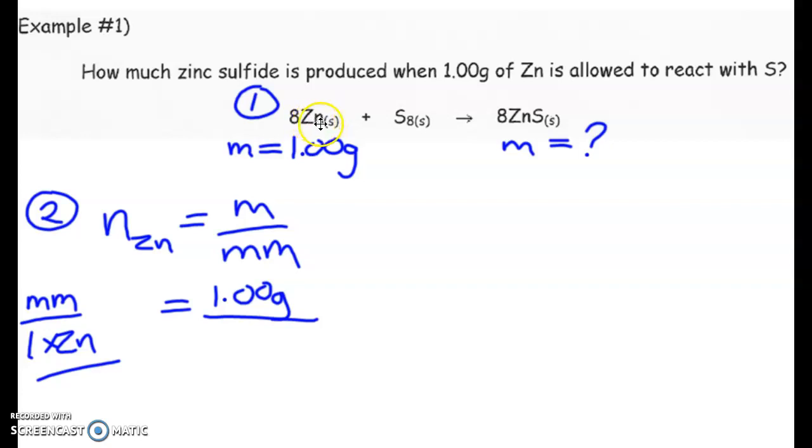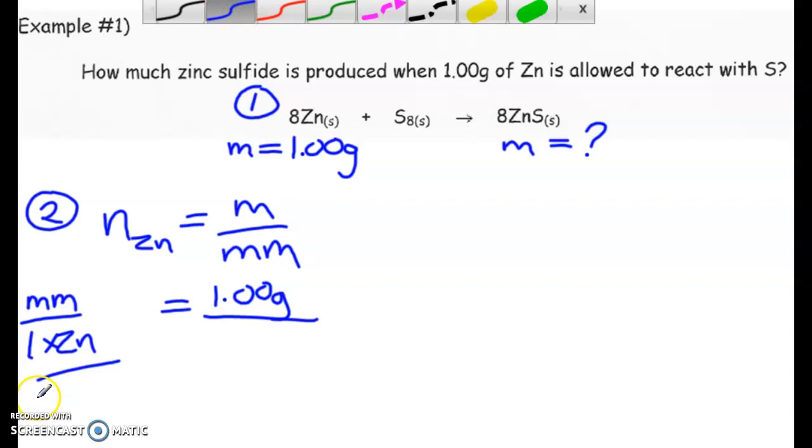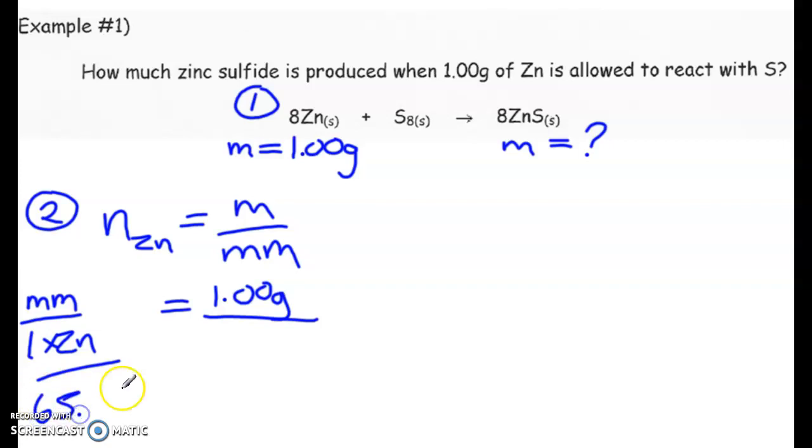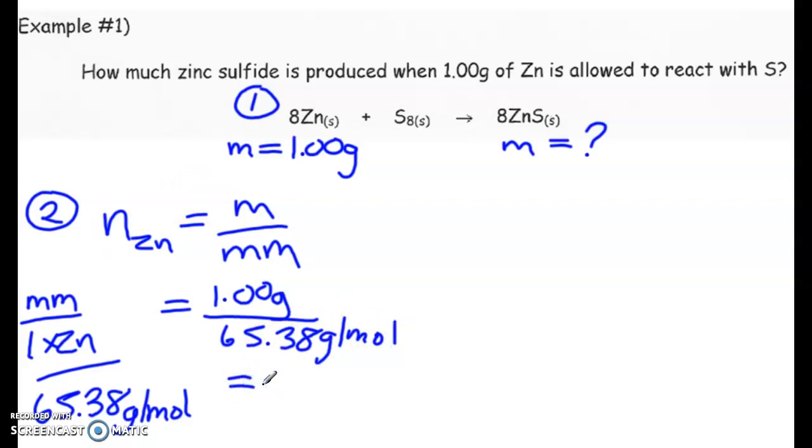So this is just 1 zinc atom. Okay, so the molar mass of zinc is 65.38 grams per mole. So we're going to plug that in here. Okay, so 1 divided by that. So we get